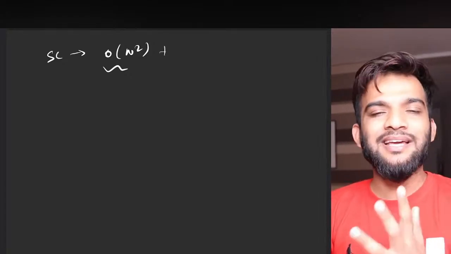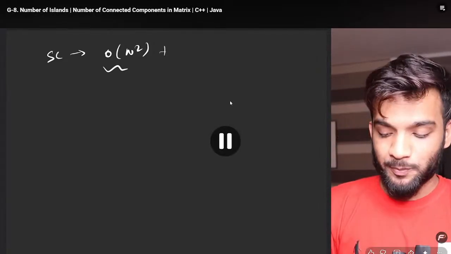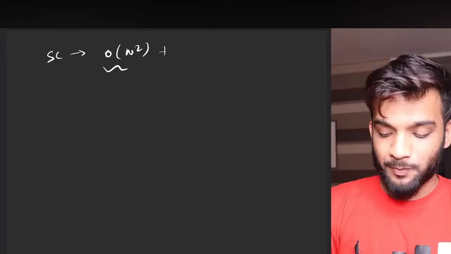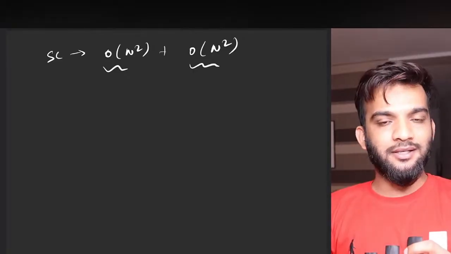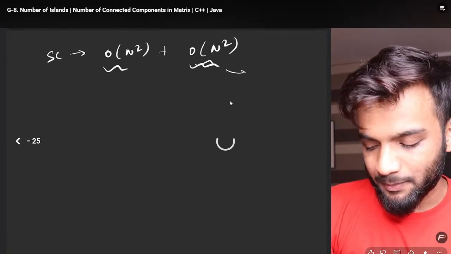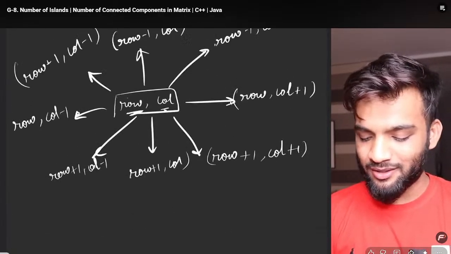And is there any other space? There is a queue space, at max n square queue space. If all of these guys are connected, the queue might end up